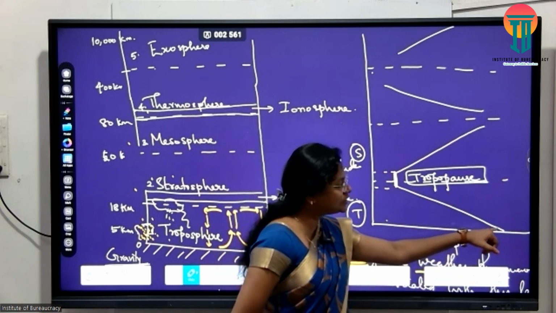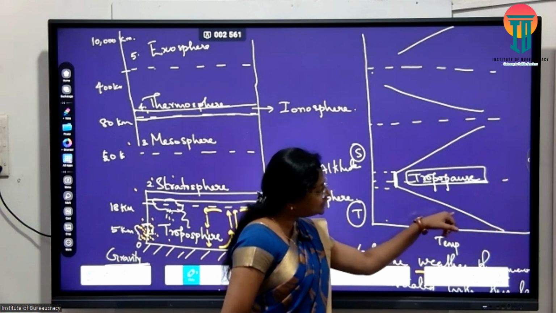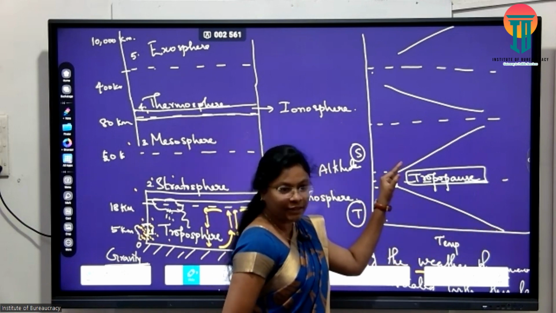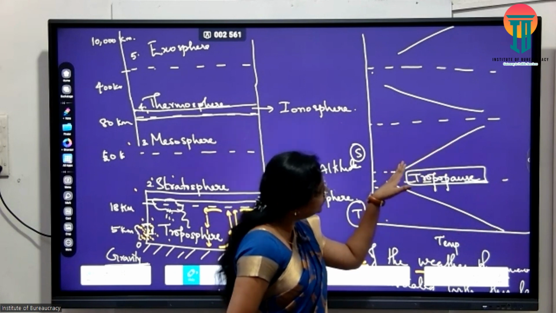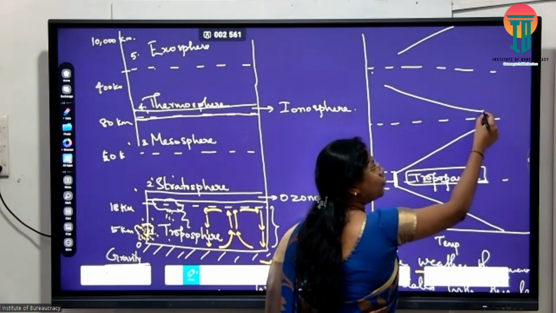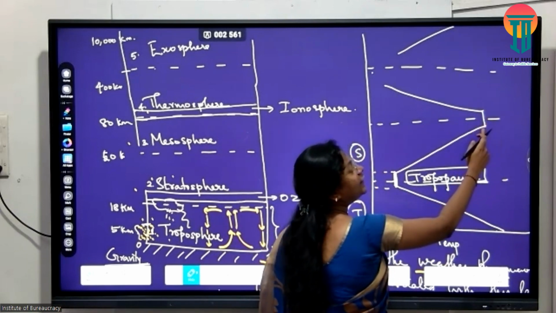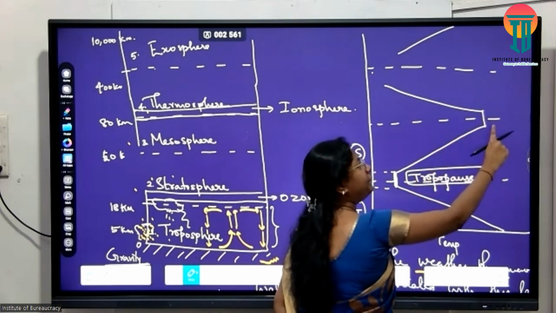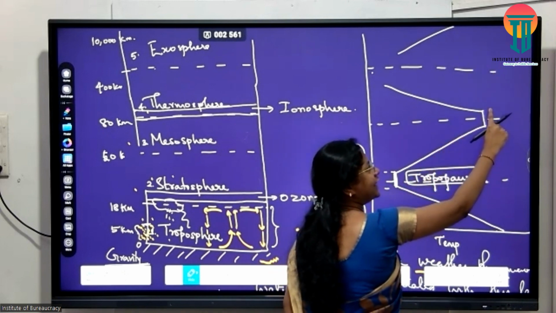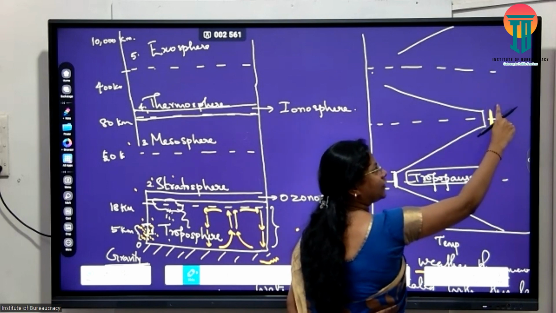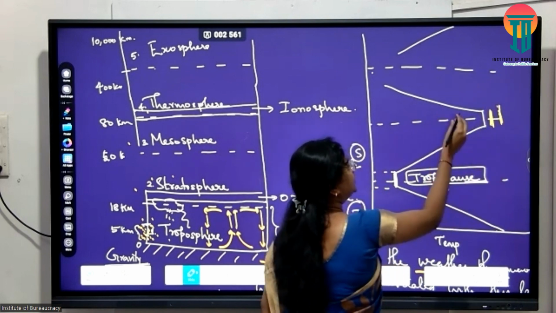So இது வரைக்கும் டெம்பரேச்சர் எப்படி பிஹேவ் ஆச்சு? Temperature was decreasing with the increasing height. And the pause க்கு அப்புறம் என்ன ஆகுது? There is again a reverse condition. Temperature increases with the increasing altitude. Then what happens? Then also after a certain point, the temperature remains constant with the increasing altitude. Temperature மாறவே மாறாது. அதனால தான் straight line form ஆகுது. Height கூடுன temperature மாறலனா இந்த மாதிரி தான் மார்க் பண்ணுவோம் இல்லையா? So a straight line. This is known as your